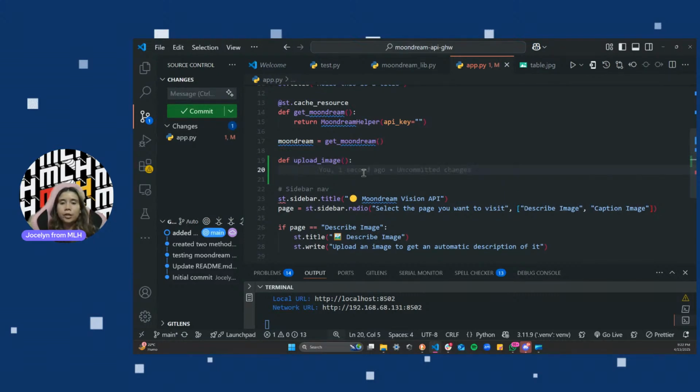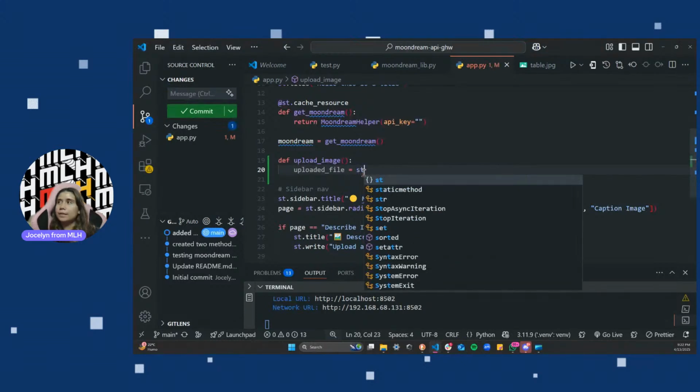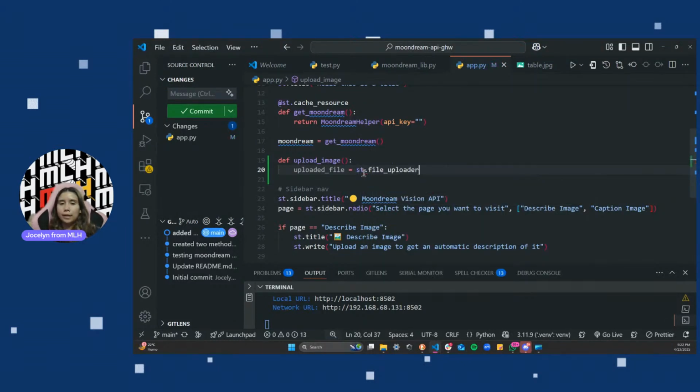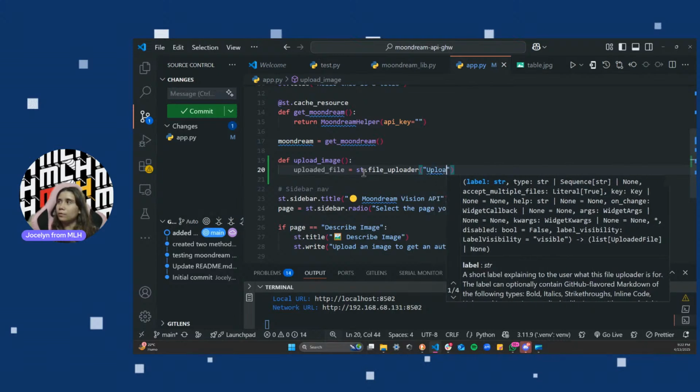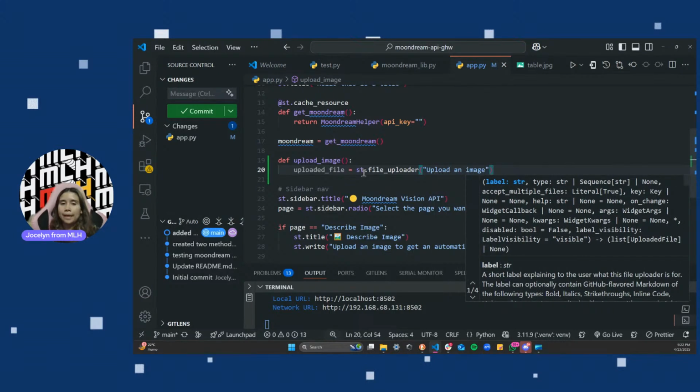And then over here, we need to create a variable called uploaded file or uploaded image. And we're going to pass on this function from Streamlit, st.file_uploader. And inside the file uploader, we're going to tell the user, upload an image. And then we want the file to be of type,